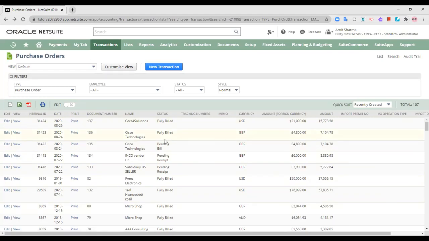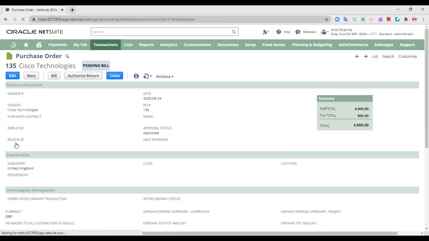Now the return authorization can be provided only for the purchase orders that are pending bill or that have been fully billed. So here, this is purchase order number 135, for which I would like to authorize the return.